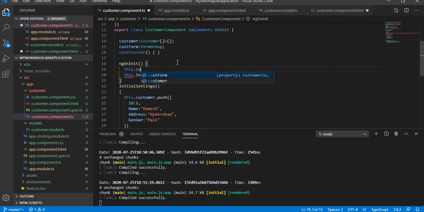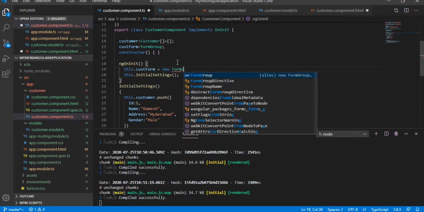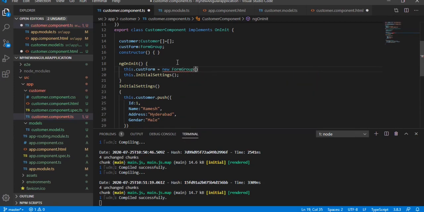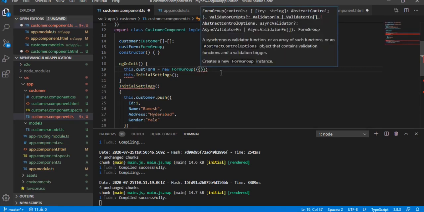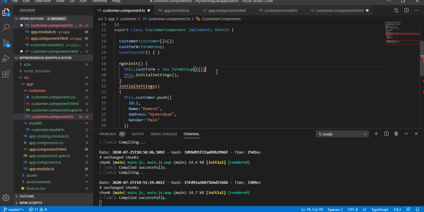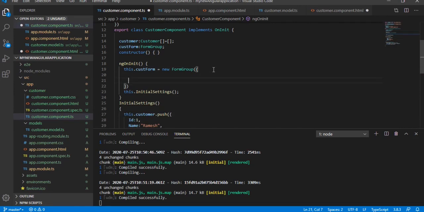So this.customerForm equals new FormGroup.